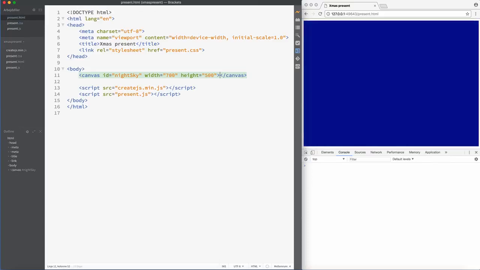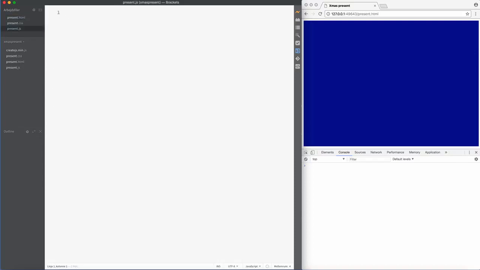Now we need the JavaScript to use this canvas and add snowflakes to it. I've already added it here, so let's go into the JS. And just to make sure, we're going to do the usual stuff. Wait until the window has loaded everything. And then when we are ready,